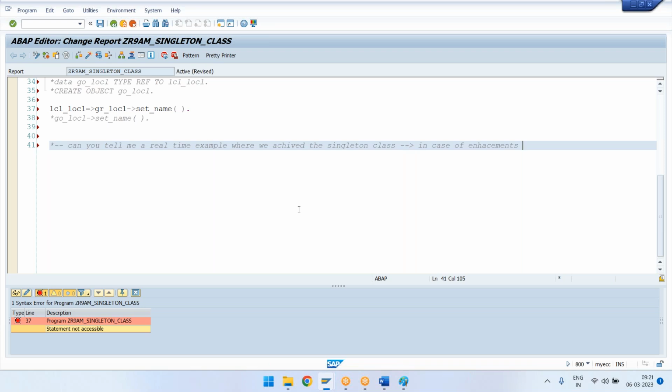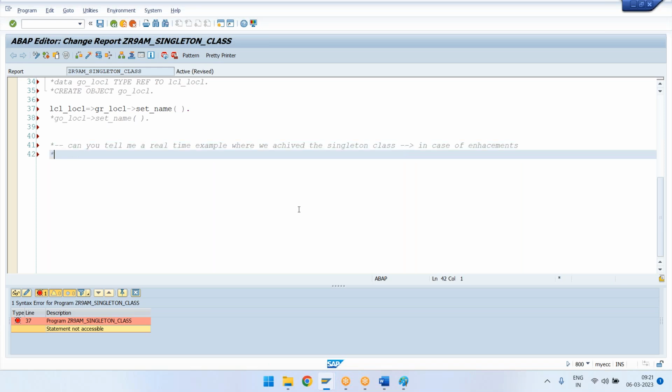In case of enhancements, we can go ahead and achieve your singleton class, because we don't know